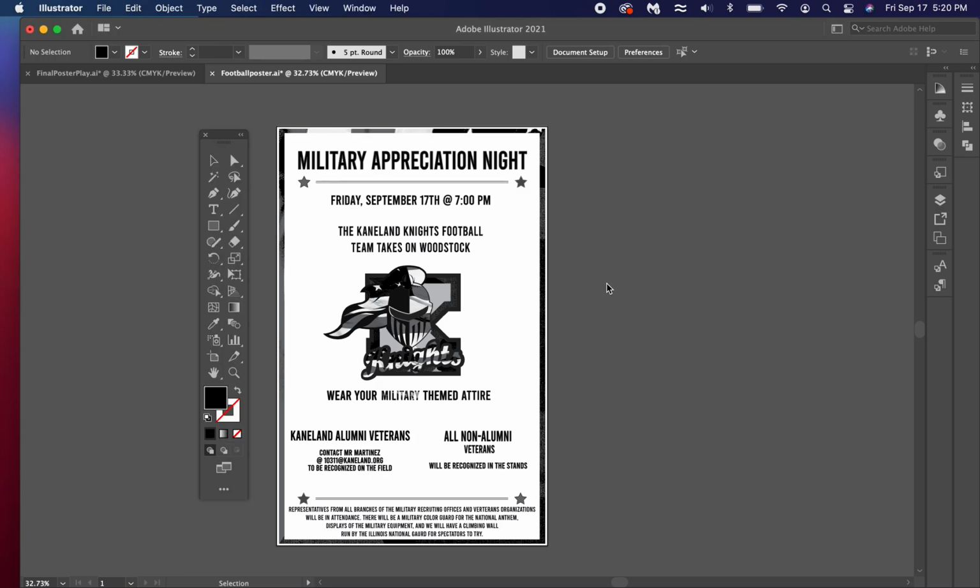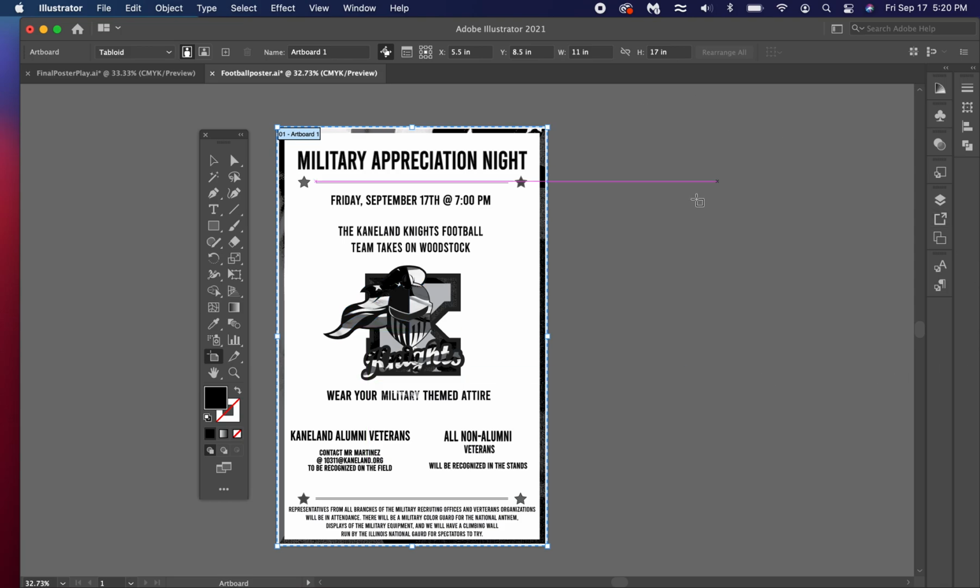To make new artboards, all you have to do is, while you're in your file, click on this icon here. It's the artboard tool. It's a square with the little hashtags in the corner. You're going to click on that and everything kind of goes gray and you see this outline here. Up at the top of your screen, you'll see artboard and the size of your, like the actual term, so